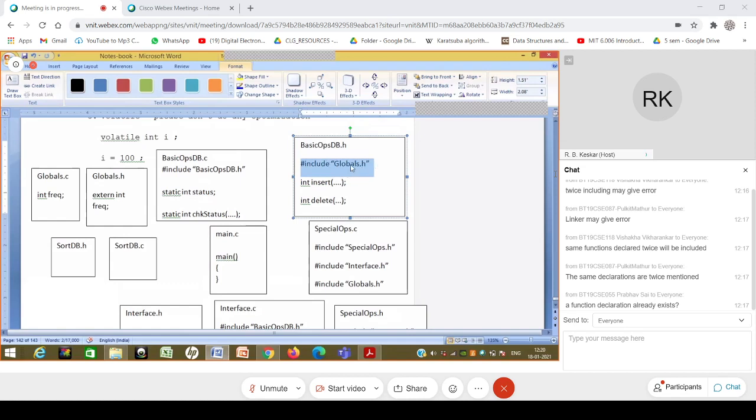Many of them are going to include globals.h because of that. And there could be this guy who is a special ops who wants to include all special ops.h and then interface.h and maybe basic ops db.h, everything. And then maybe because of that, these globals.h get included multiple times. But then the manager has said that you have to include whatever you require. So this basic ops db.h guy will say, don't blame me. I included whatever